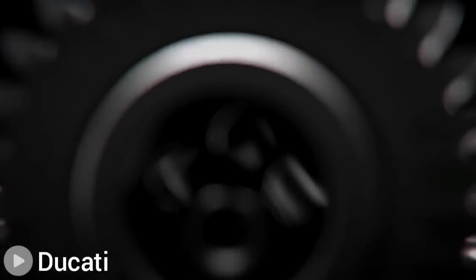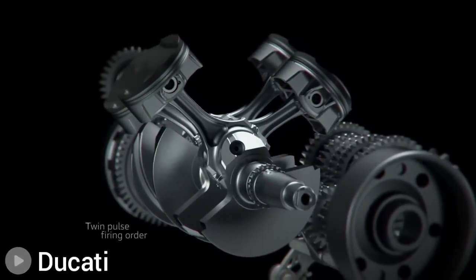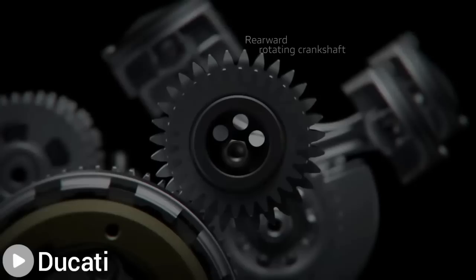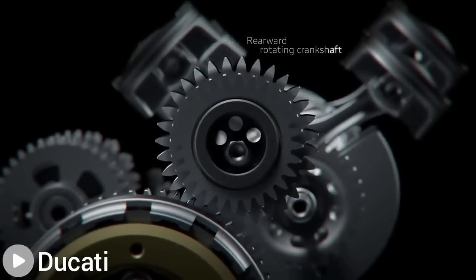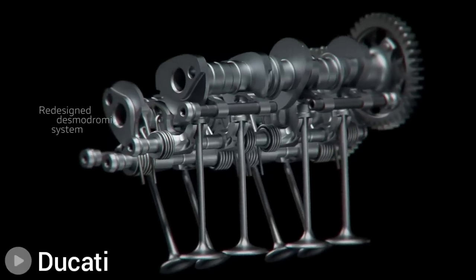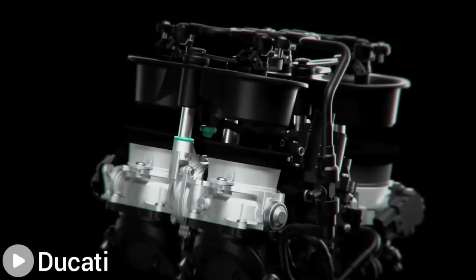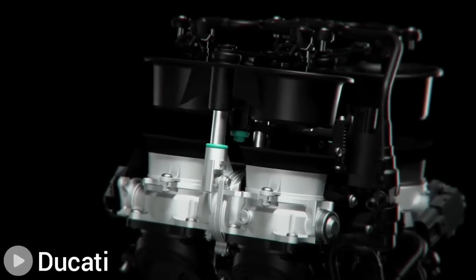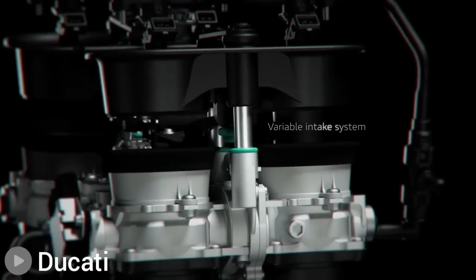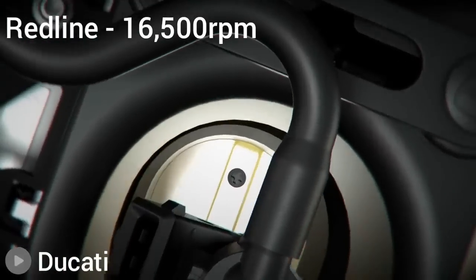Ducati had to do a whole lot of work to the engine to achieve that figure. The engine now has titanium connecting rods, which are 100 grams lighter each, a new crankshaft which is 1.1 kilograms lighter, forged pistons, new camshaft, bigger inlet valves and ducts, bigger throttle bodies, a new oil pump and lighter rotor, etc. All these changes now help the engine to rev all the way up to 16,500 rpm in the 6th